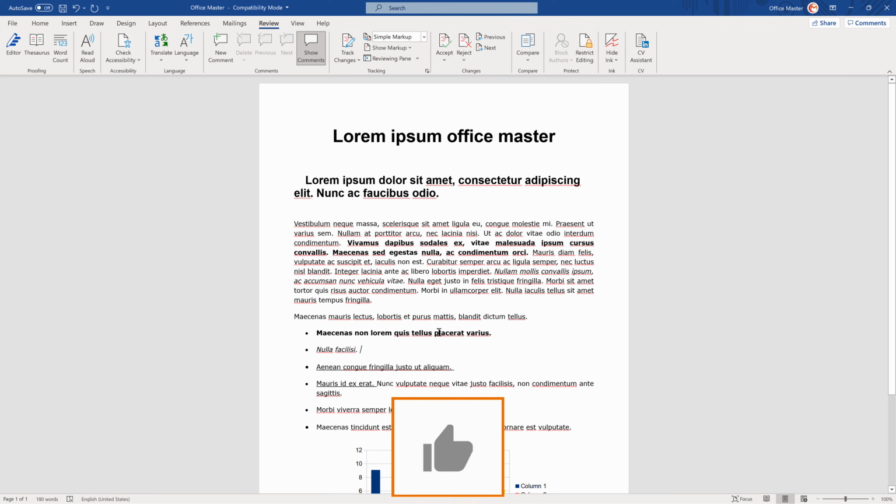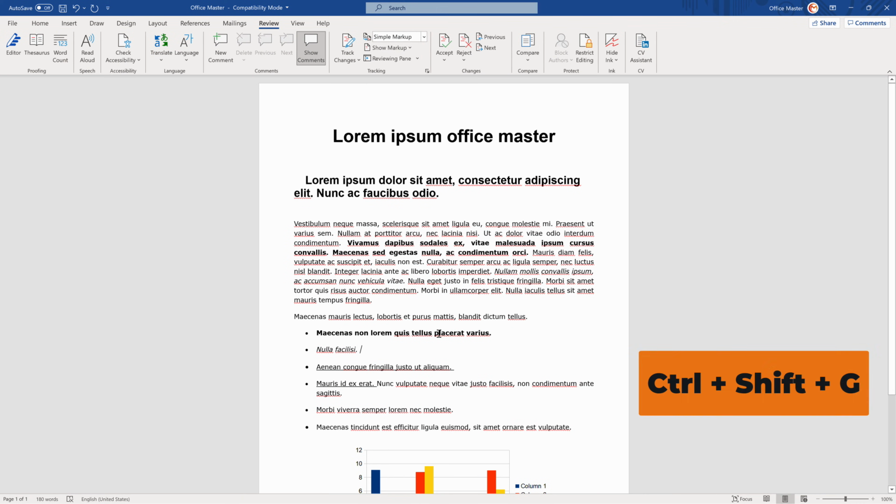The last and easiest way to count words in MS Word is to press Ctrl, Shift, and G on your